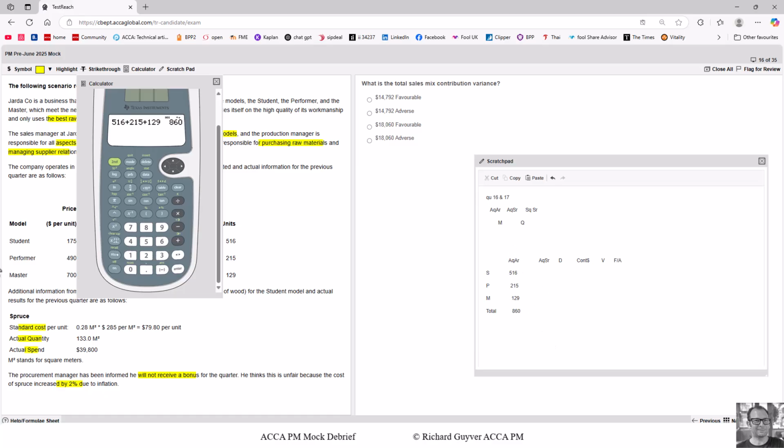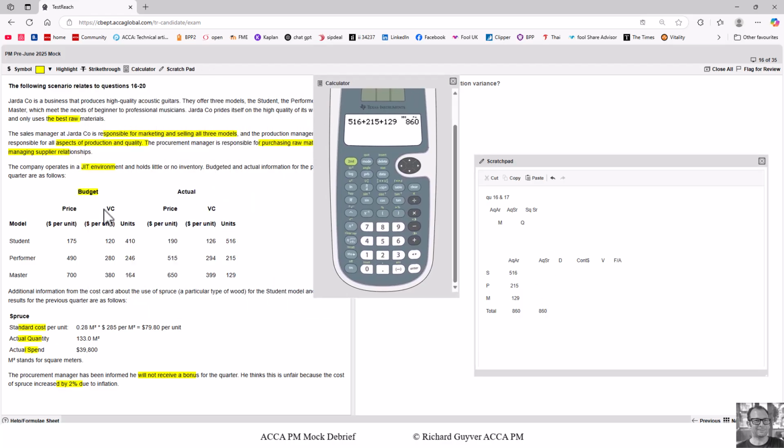Always when I'm doing calculations in the calculator, I'm applying a bit of a sense check. I can see the 5 plus 2 plus 1 is 800, so it feels like I'm in the right ballpark. I haven't accidentally missed a zero out or accidentally pressed the decimal point. Because we're talking a mixed ratio, the actual quantity is the same for both, but now we need to look at the ratio. The ratio from the budget is given here. This is a relatively complex ratio because we've got three numbers we're going to have to add up. What I would therefore do is create an extra line